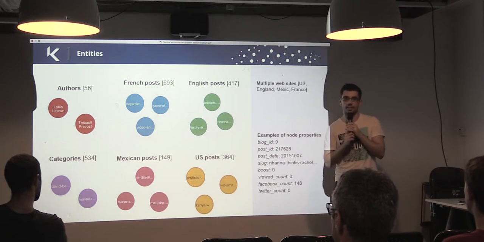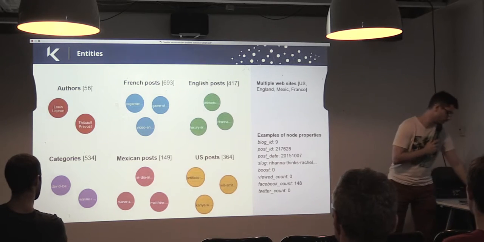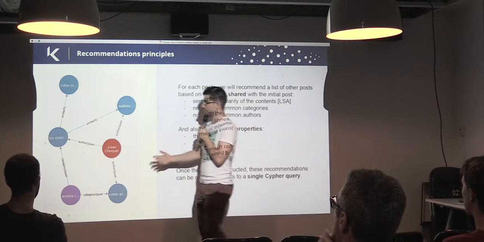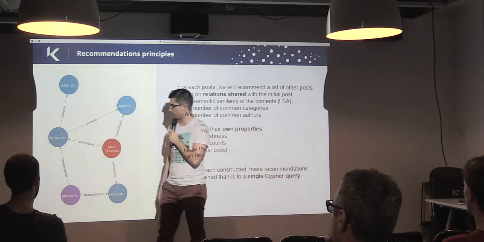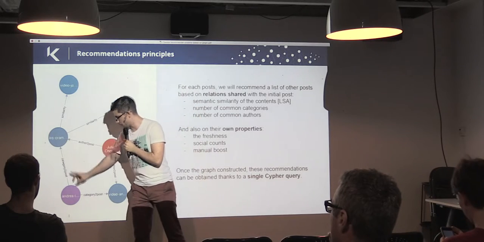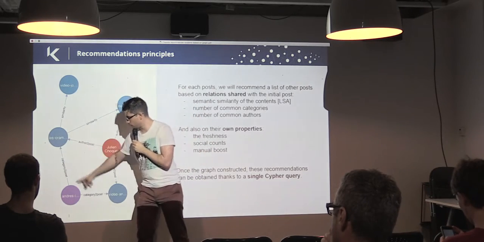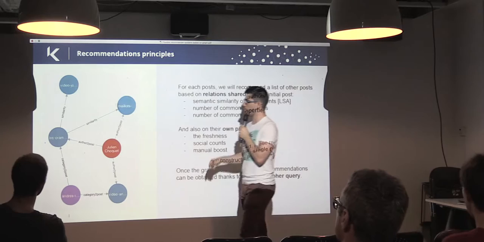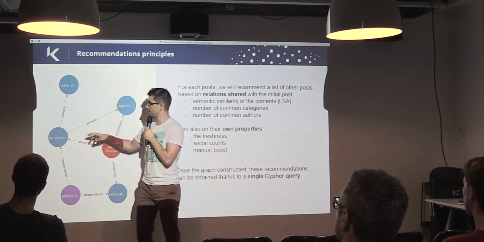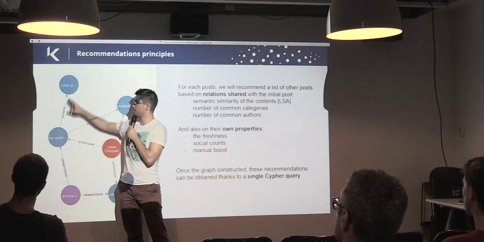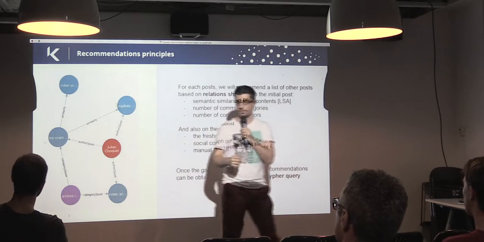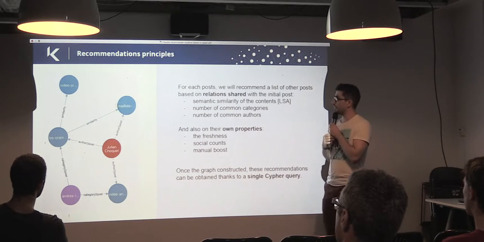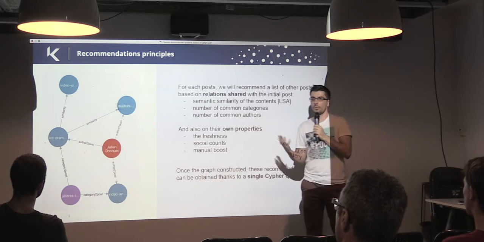So this is the basic data we had in input, and what we did is to construct a simple graph of this data to link them. That is to say, from one post we build relationships between this post and other posts through the sharing of categories or authors, and we also implement semantic analysis to build the similarity relationship between the content of the articles. So this is the really simple graph we built for Cambly, and the recommendation will be performed